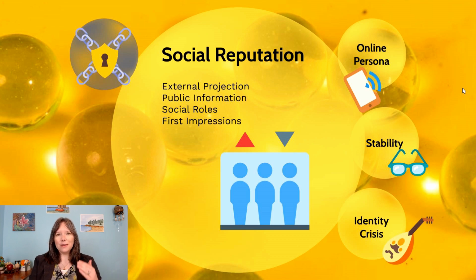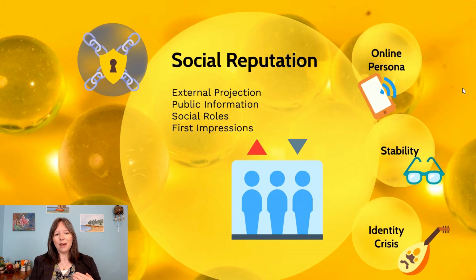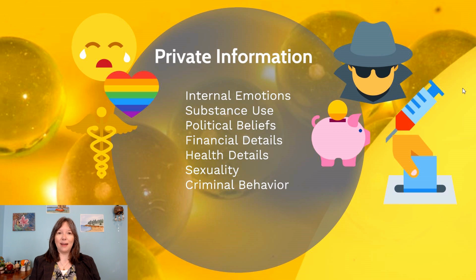That is, there is a big difference between what we allow on the outside and what we lock away on the inside. We really see a differentiation between what we allow to be public information and what we try and keep as private information. Now this can be very different for different individuals. Some people are more open about some of these details, but some of the types of things a person may want to keep more private would be something like their internal emotions. Maybe they don't want people to know that they get really irritated at work. Maybe they don't want people to know that they get really anxious and self-doubt themselves at certain times.